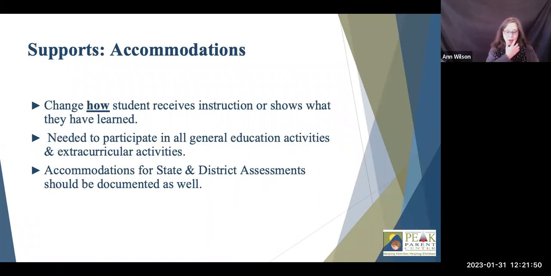Some examples of accommodations include extra time for exams, a small group setting, audio recordings. You might need large print size, reading of test questions on exams, guided notes. You can also have alternative responses for exams. Some people might be using speech to text. It might be providing a verbal response rather than a written response. And then you will also need to have a statement of your accommodations for state and district assessment.